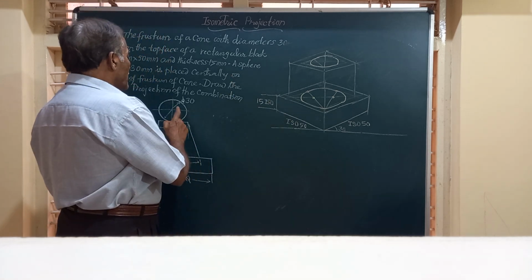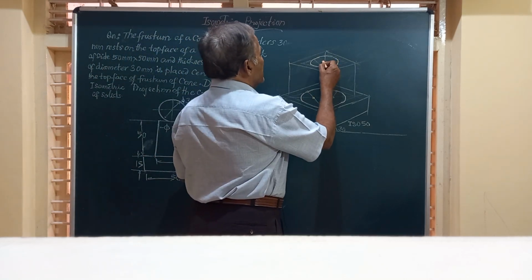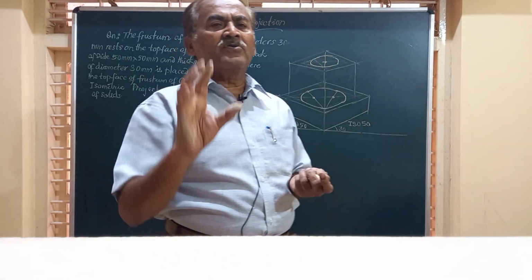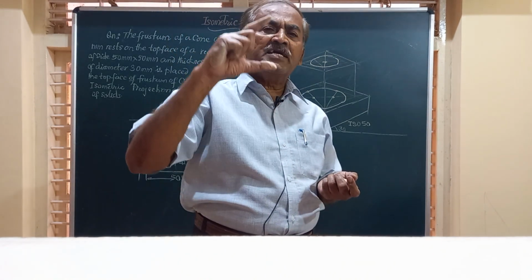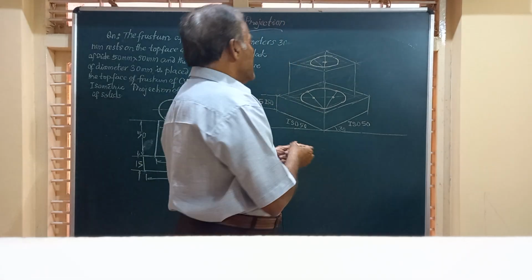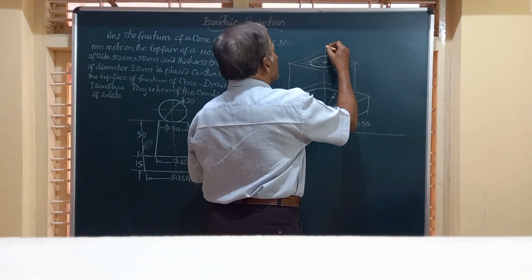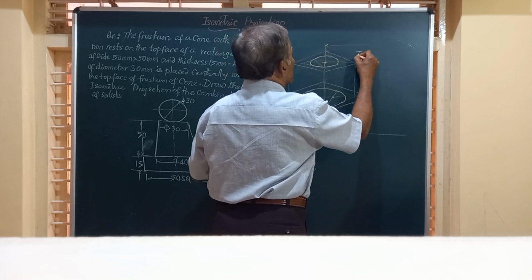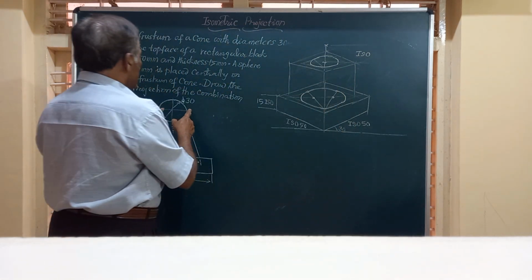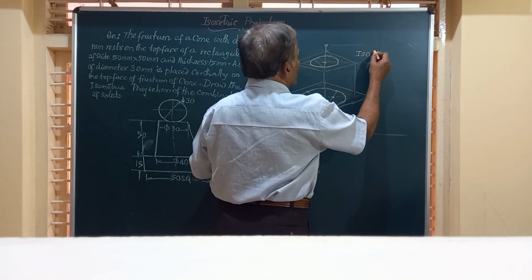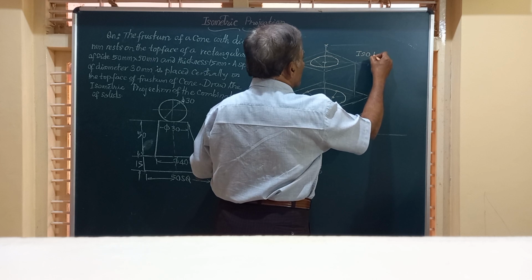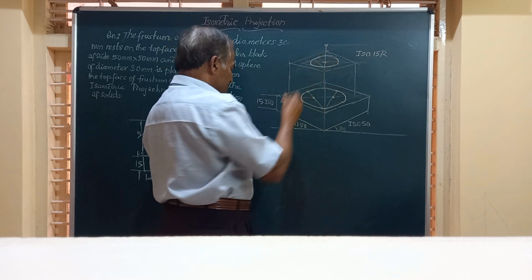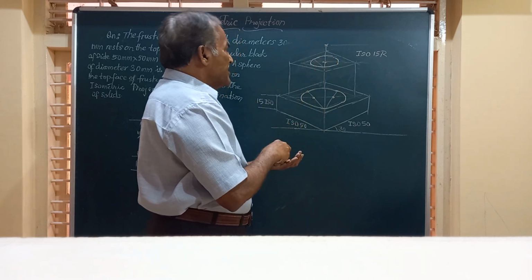Above this, we have got a sphere of diameter 30 mm. So what is to be done, friends? Only in the case of these spheres, we should take the isometric radius as the height. So from here, friends, I will take this height equal to iso radius. What is the radius of that? Diameter is 30. ISO 15 radius, means 15 millimeter radius, and with this as the center and radius equal